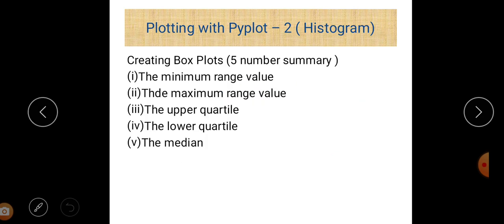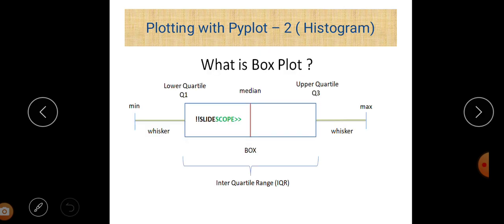You just give the details of these five points. And it is a box plot because we can easily see that all the information is represented within a box, using the symbol of a box.